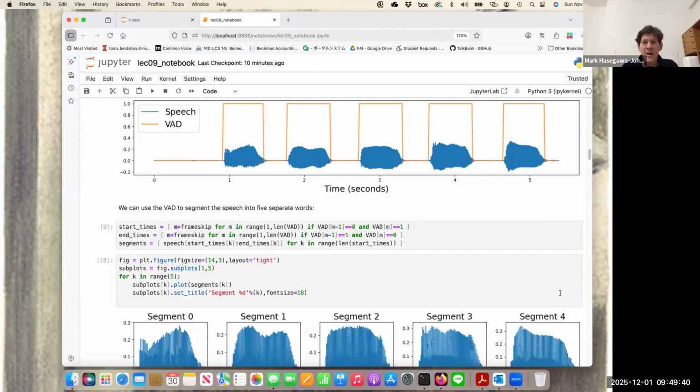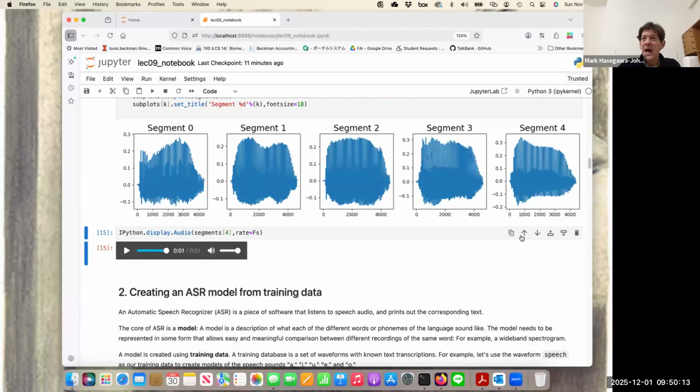When automatic speech recognition first came out in 1980, one had to produce every word with a silence between it. So instead of speaking continuously as I am now, you would speak with a silence between each pair of words. And if you speak in that way, then it's possible to divide the words using voice activity detection as shown here. So in this case, we have these 5 words, a, e, u, a, o,